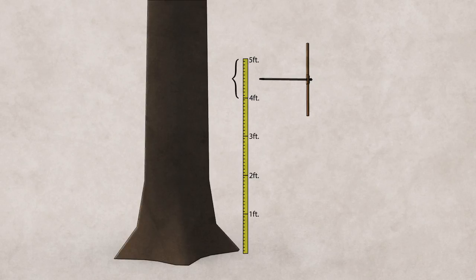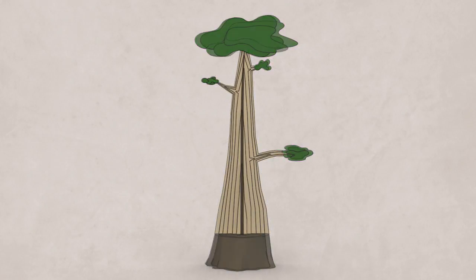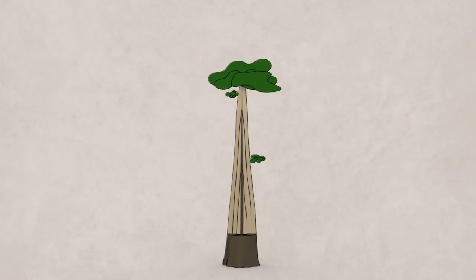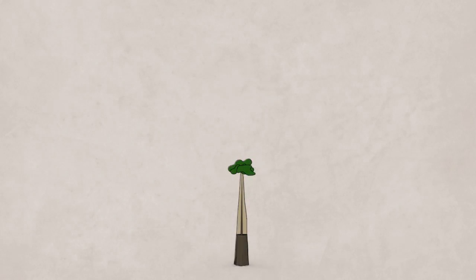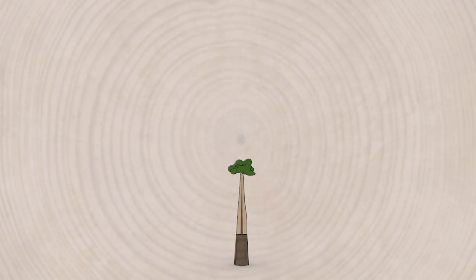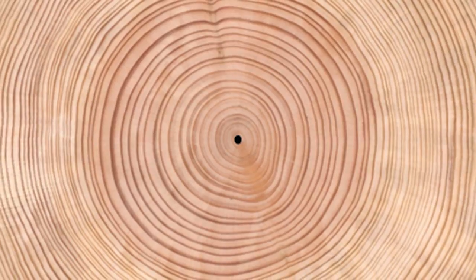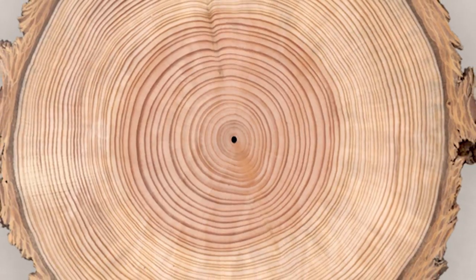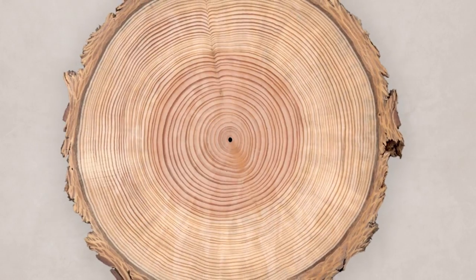If we were to take a look inside the tree, examining a cross-section of the trunk at this point, that tiny dark spot, the pith, is the wood left from the tree when its top was just 4 to 5 feet off the ground, when it was roughly 4 to 5 years old. That dark spot, that pith, represents the time when this Goliath tree was just a baby. As you'll discover when we perform our basic calculations, the pith is the reason we add 4 years at the end when calculating tree age, the very last step before arriving at our final answer. So that little dark spot, the pith, is very important.